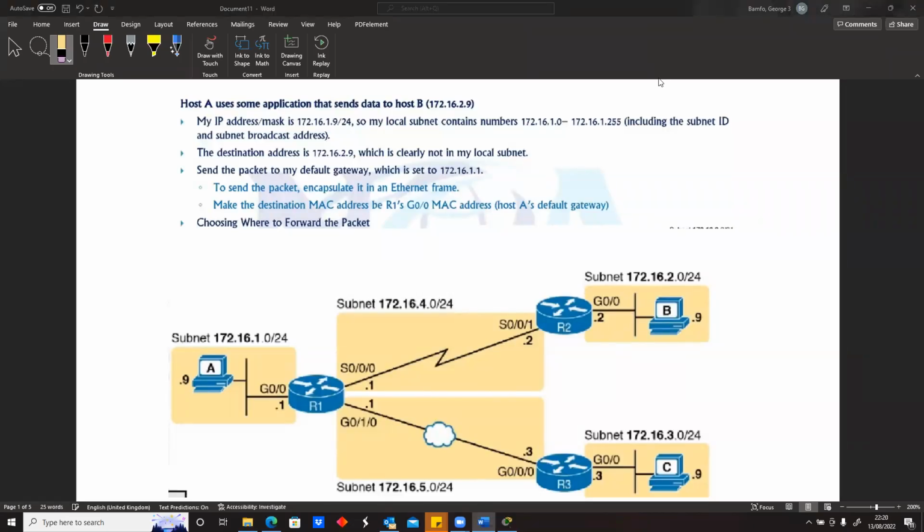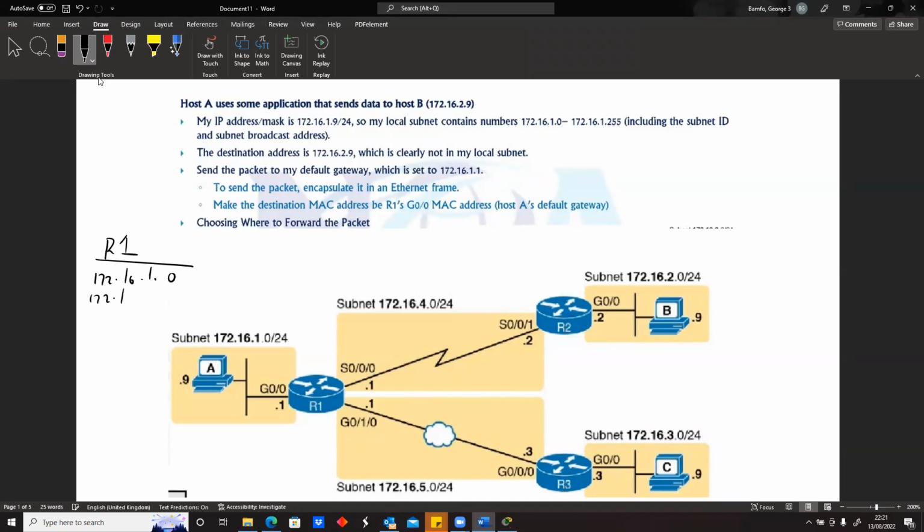So now, assuming that the information has been sent to the default gateway, the default gateway at this point is on this router, which is R1. R1 should have some networks connected to it, and from this angle, we can see that R1 is connected to the 172.16.1.0 network. It is also connected to the 172.16.4.0 network, and also to 172.16.5.0. But the place we want to get to is